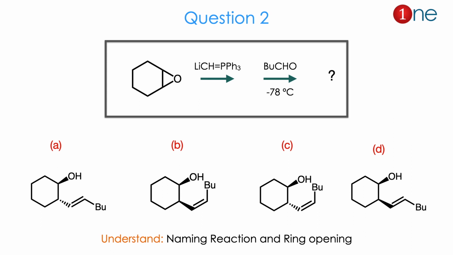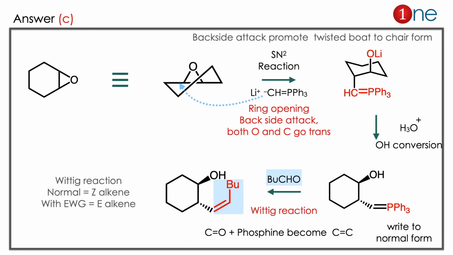You might see the epoxy ring is open there and the stereochemistry is also different there. So different products have different stereochemistry. Since the butane is bulkier, you might expect different stereochemistry. So here you have to know one named reaction is involved and definitely ring opening occurred here. The answer is C. Let us see how.